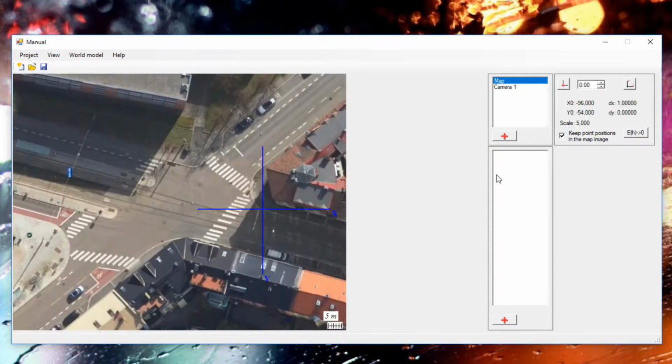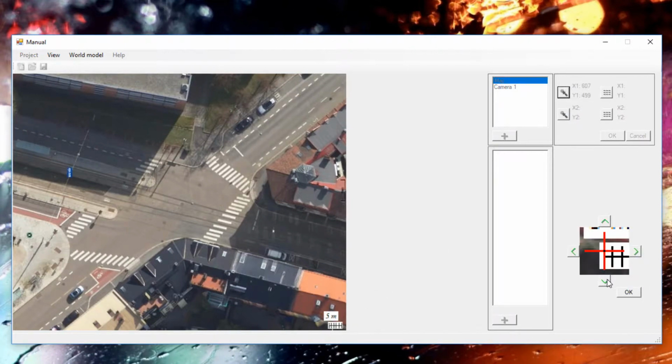Next thing we want to do is define the scale, so the system actually knows how far apart our points are going to be. We simply press this button over here. That gives us the opportunity to choose a scale. And this is where the scale comes in. So you have to actually have a defined scale in the image. I'm going to do something like this, and then I'm going to take the far corner on the other side